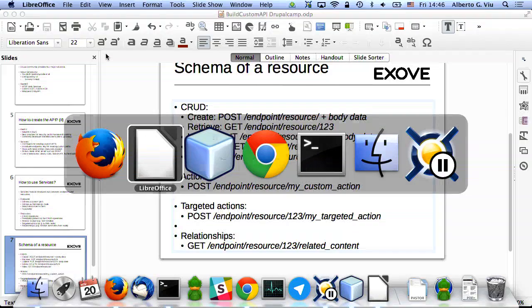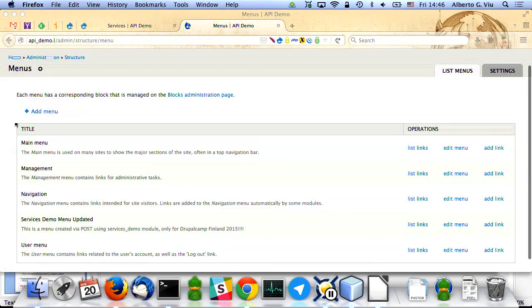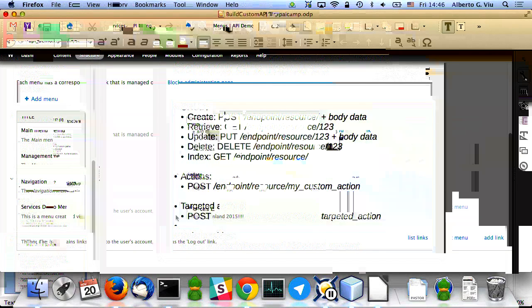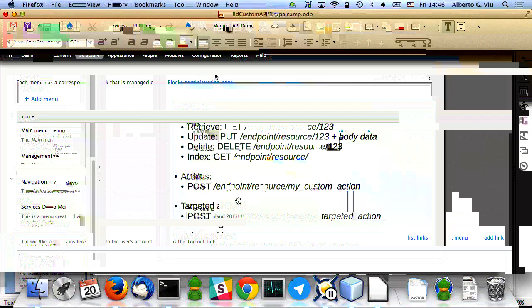We are going to update the service demo menu with this title, this description, which is a bit different from